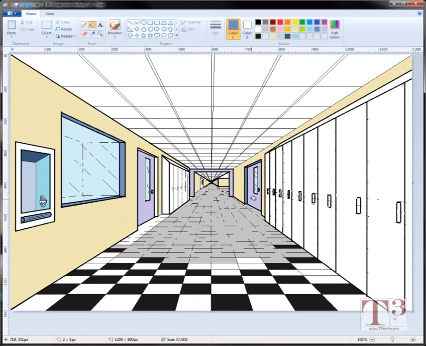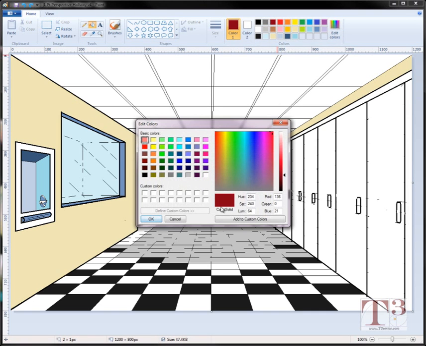You just want to make sure right away you hit Control Z. Now the lockers, it looks like we've got a pretty good palette here. It's a pretty cool palette, kind of mellow. So what I might do is come in and add somewhat of a warm locker color. Let's try, I don't know how deep I want to go, probably something like more of this burgundy